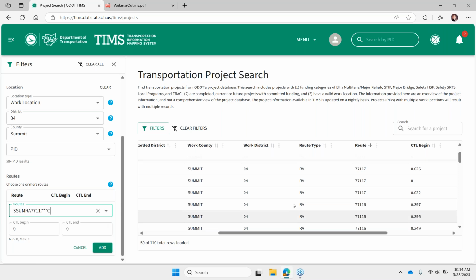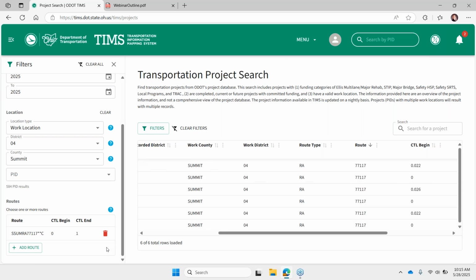the begin and end log point, you can see in this example, I've got some values that are greater than 0, less than 1, but greater than 0. So I'm just going to force it to get those values by typing in a 1. And now I'm going to click the Add tool. So you'll see that it's recorded that route and it's narrowed down the features in my results table.